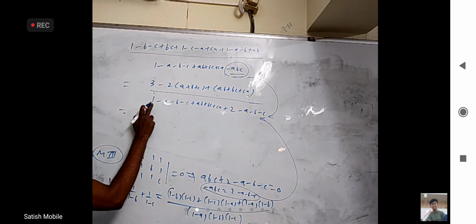So if you did not get the idea of method 2, to subtract and carefully adjust, then just expand this, and this also expand, and by using some adjustment we can prove the numerator and denominator are equal. You can see here the vectors concept or knowledge required is very little. Det equal to 0 for coplanarity, that's all. All the others is only an algebraic way of dealing with the question.